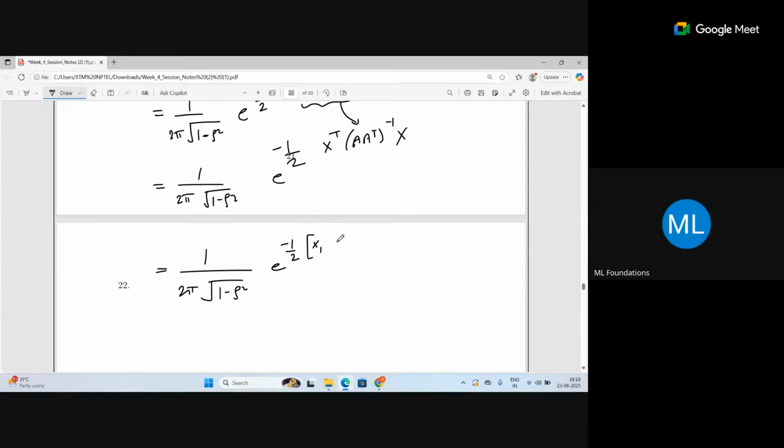It is basically x1 and x2, right? This inverse will be 1, minus rho, 1, and x is x1 and x2. And one more thing remaining is that 1 upon 1 minus rho square, this constant, right? So everything will go into the exponent of x. Is that fine? I hope that's okay. That is not a problem there.